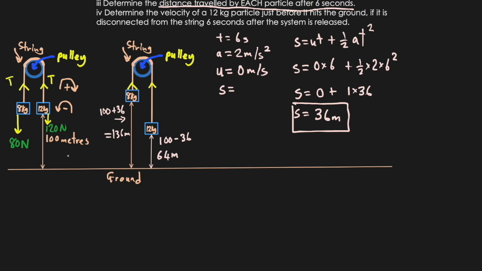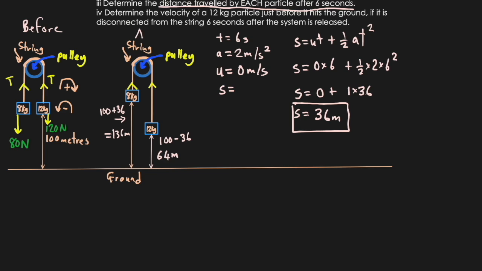Now for our next question, what we need to do is determine the velocity of the 12 kilogram particle just before it hits the ground, if it is disconnected from the string 6 seconds after the system is released. Now, one of the key things we need to realize here is that when we move from here, so before, we were here at rest,